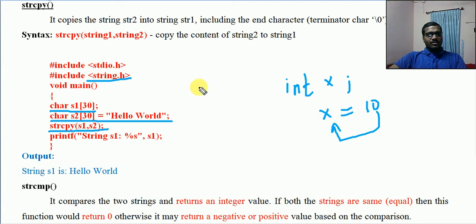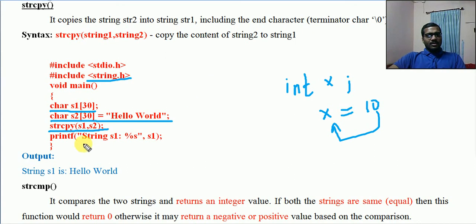So copying between strings happens by using strcpy. When we assign one string to another string, we use strcpy. There is a problem with equal to. When a string is assigned to another string variable, equal to will create some problem. That is why we use strcpy. Mostly we use strcpy.